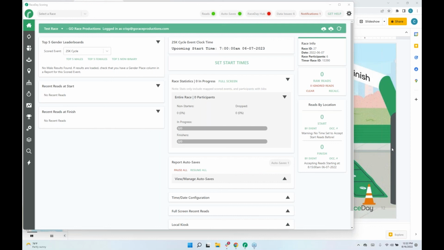Race day scoring basics. That is how easy it is to set up an event on race day scoring. Obviously, we're not actually timing. I don't have decoders and things like that set up for you. But this is what you can be doing on a Tuesday. This is a test event. You don't have to have a real event. You can create a fake event at RunSignup. You can register yourself and a friend for it. You can assign yourself bibs. You can put those decoders out in your front yard, or pull in data that you have from previous years,